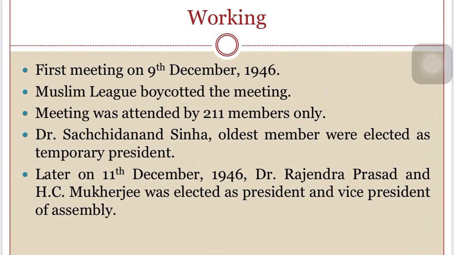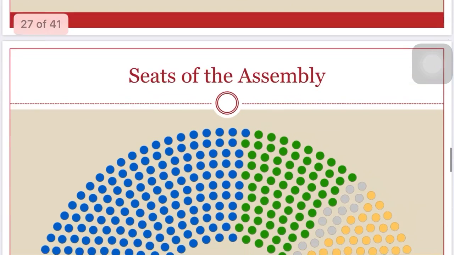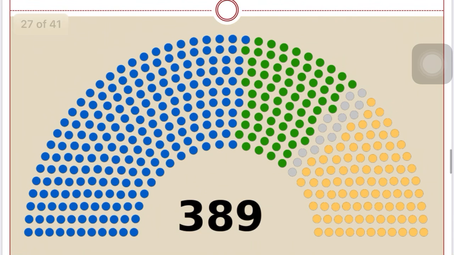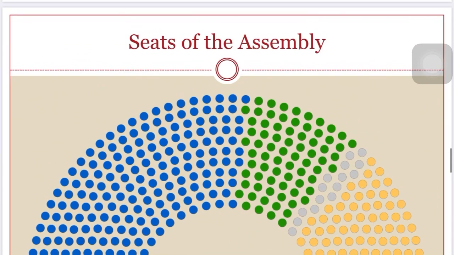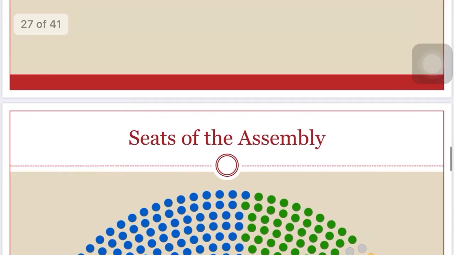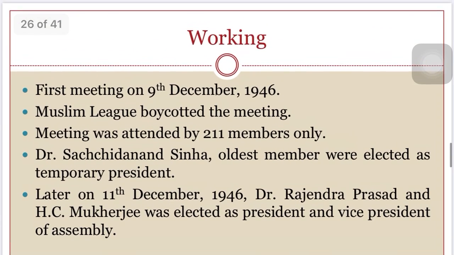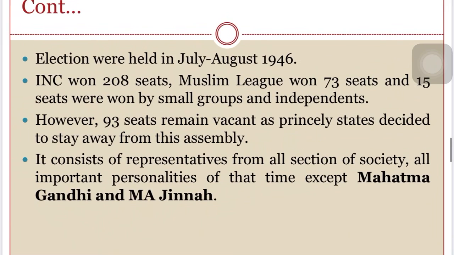Later, on 11 December 1946, Dr. Rajendra Prasad and H.C. Mukherjee were elected as president and vice president of the assembly. So these are the seat allocations. The white dotted area is the remaining seats. The others, in green, are the 96 seats for the princely